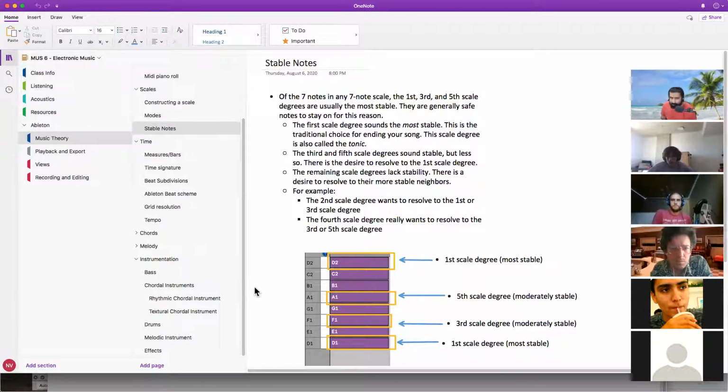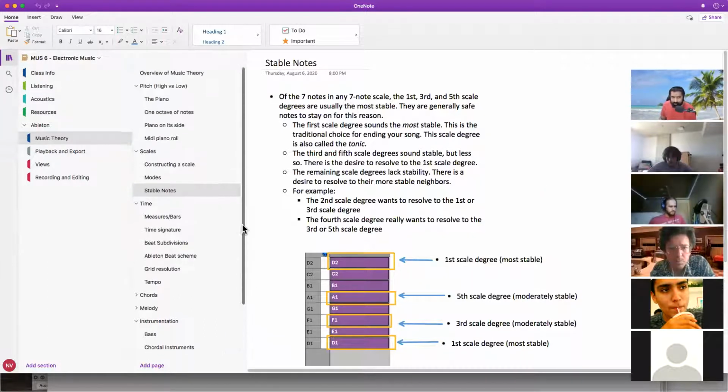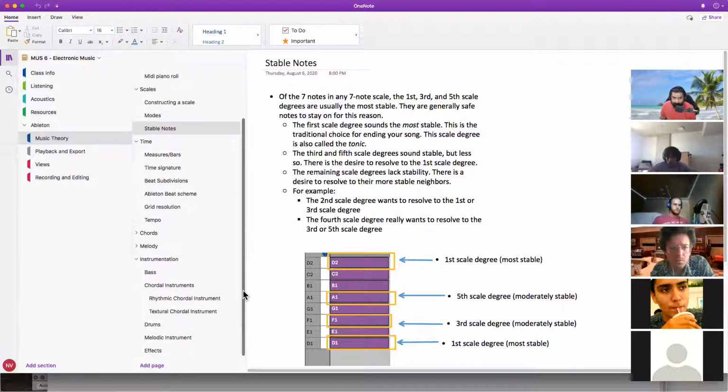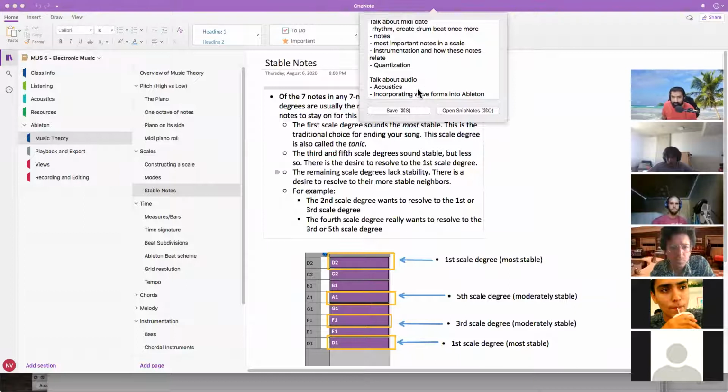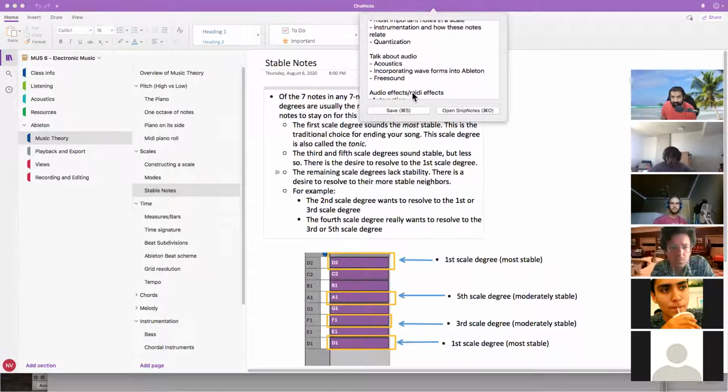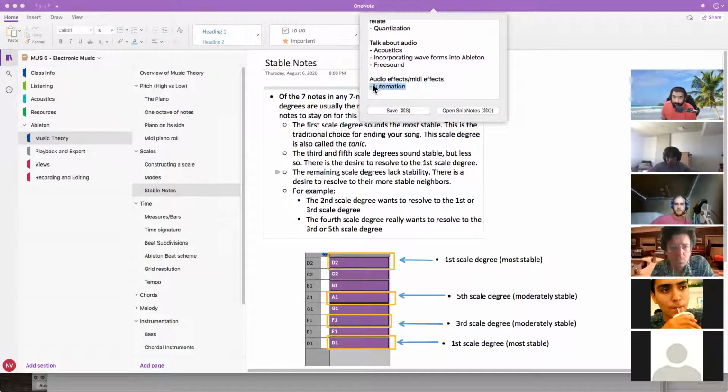Okay. So I do want to get your feet wet just a little bit. I want to look at some of this stuff. We haven't talked about acoustics, audio, that kind of stuff. There is an aspect of homework that requires you to use automation. So